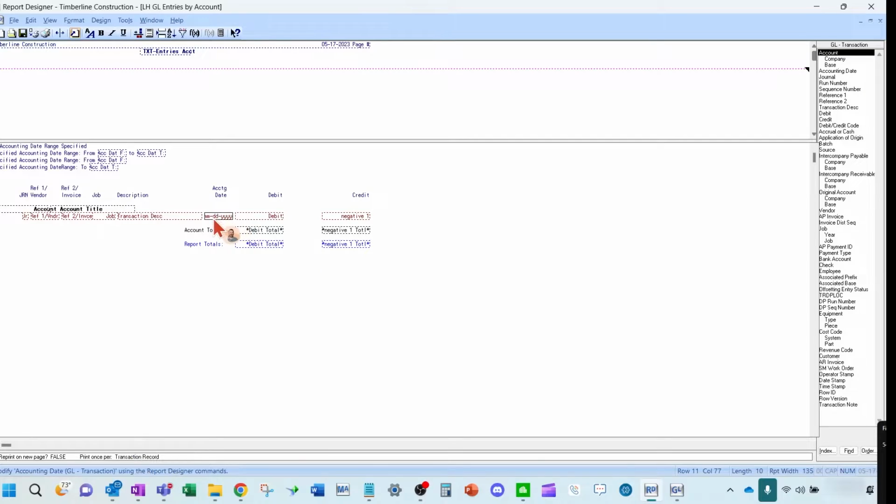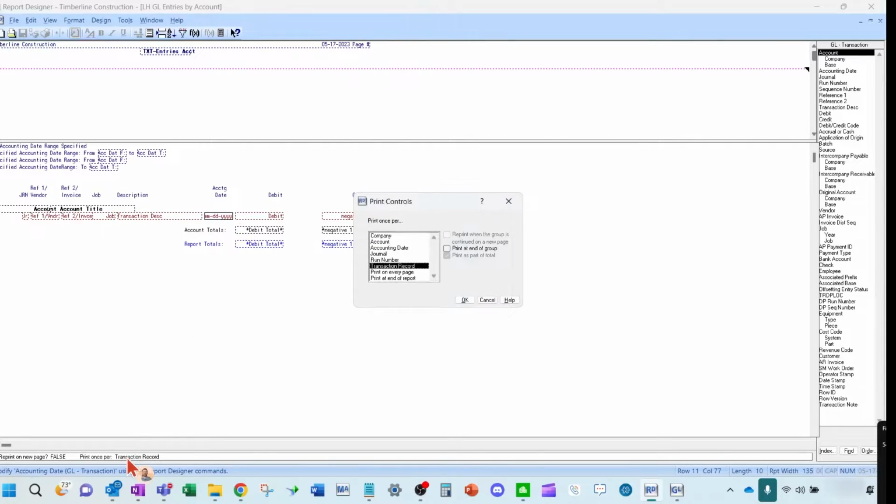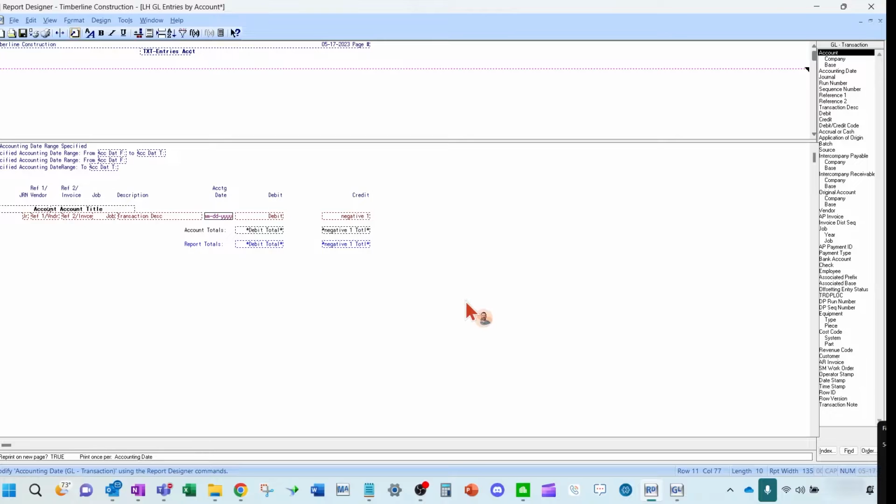So I can come here and click on this accounting date field, click on transaction record. And now instead of it for every transaction, I only want it to show it every time the accounting date changes, or when we start a new page. So you can reprint when the group is continued on a new page. Okay. And that will change the print controls of that.